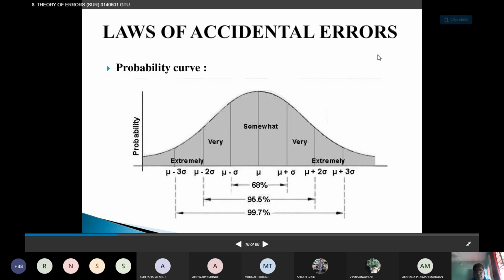The laws of accidental error can be expressed by using this probability error. The mu is the value; extremely on the left-hand side there is the minus sign, and on the right-hand side the positive sign. On the right-hand side you have to add up those errors, that is the sigma, and extremely we are reaching the last value, showing how this error is going to be propagated. So this is the law of accidental error, which is represented as a probability curve.